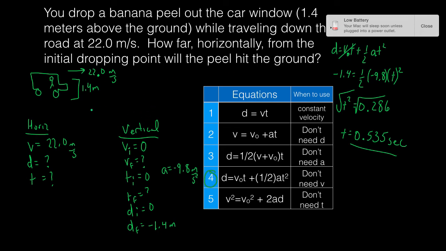Now that we have that, we can solve for the horizontal displacement of the banana peel. So you're going to release it there. The car is still going. It's going to land while the car is somewhere over here. And so using equation number 1, displacement is equal to velocity times time. The velocity was 22.0 meters per second, times the time that we just found, 0.535. And so times by 22, I'm finding that the banana peel has the range of